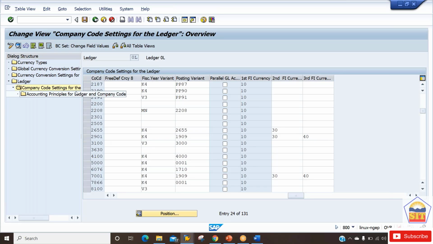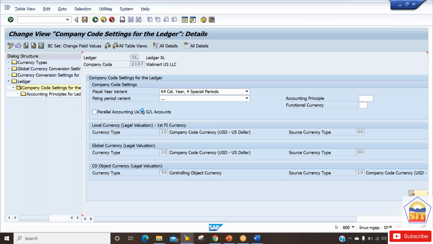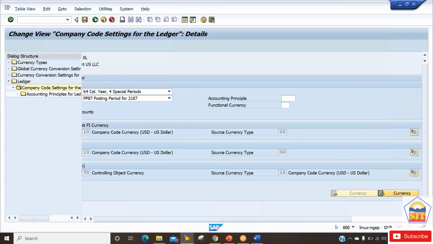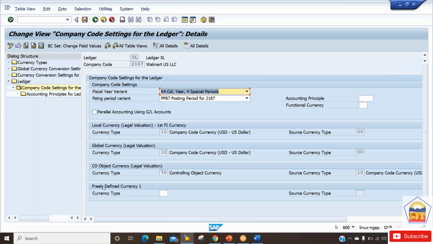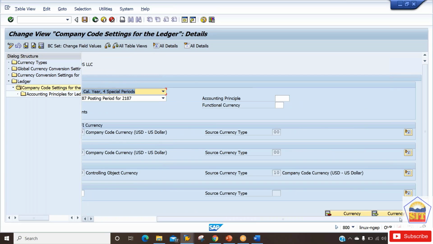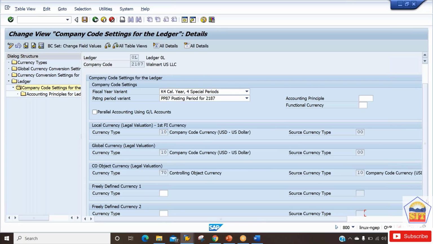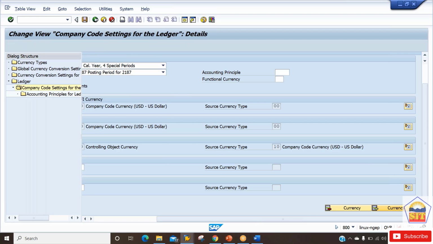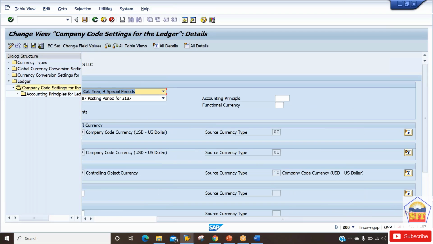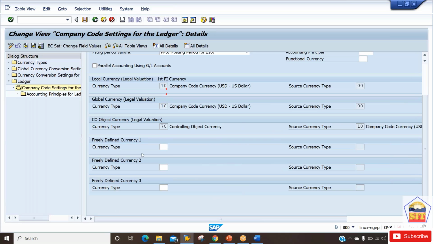If I double click on this, it will show you here my company code currency, my group currency, and this is the CO currency that we have maintained for the legal valuation. Now if you want to add a currency, you can click on Add Currency, and the system will take you to the first freely defined currency, and in the same way you can add more. A maximum of 8 are allowed, and if you want to remove one, you can also remove it. This is how we can add the currencies, and then you can save it for your company code. Now if I come back,